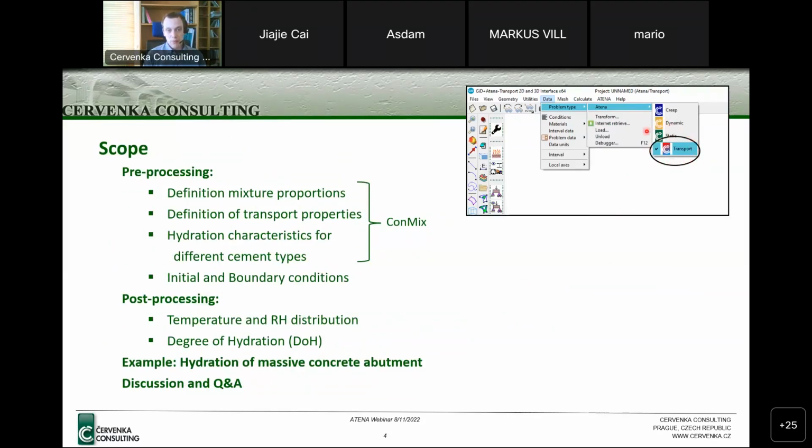Many of you probably are most familiar with the static module, which is normally used for evaluating the static loads on your concrete. But today we will be using the transport module. I will be talking about how to set the transport properties, how to define the properties for your concrete mixture, how to set the hydration characteristics based on the given cement type, also how to apply appropriate initial and boundary conditions for the problem, and then I will move to post-processing the results